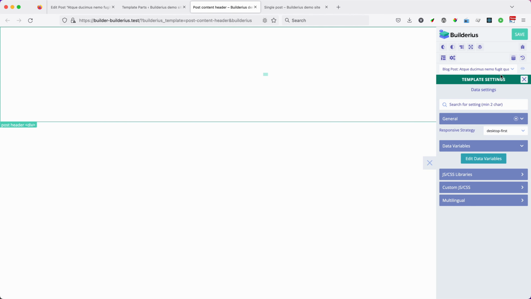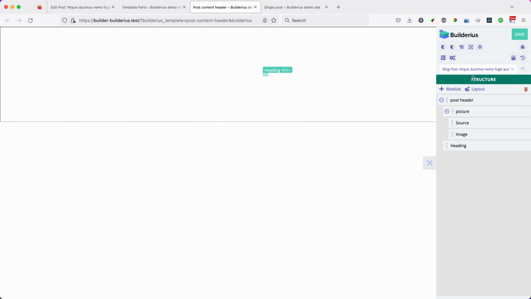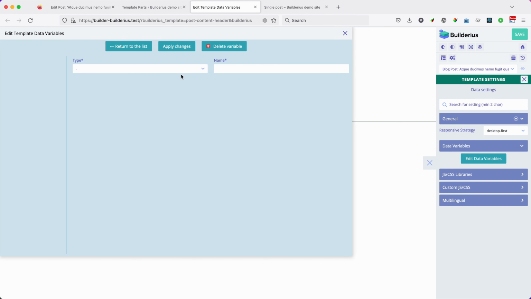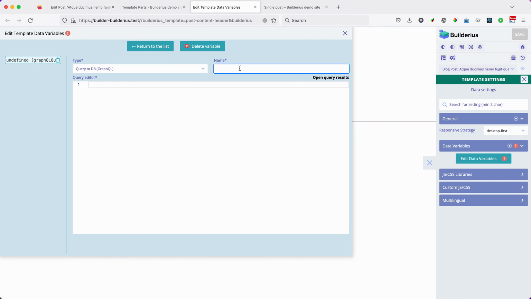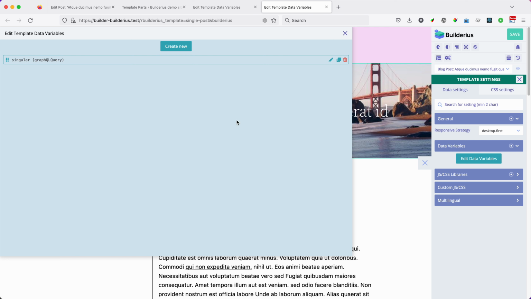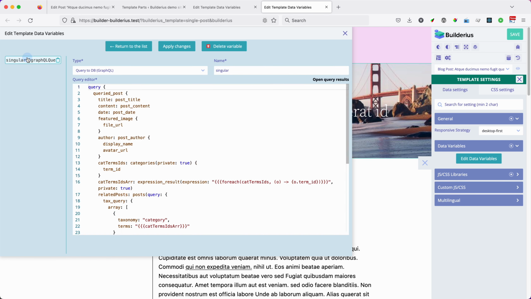So let's step back. I have the structure. I'm going to fix this issue of displaying the dynamic data. I go to the template settings, open data variables, create new. Then I need type query to database, and I'm going to use the same name, singular, as I used for the template. Here I have the singular. To make it faster, I can just copy all the query